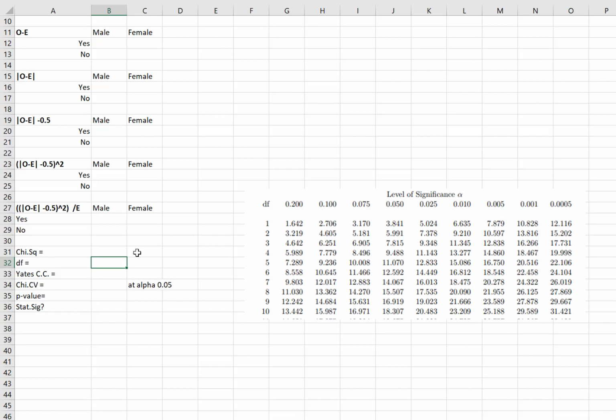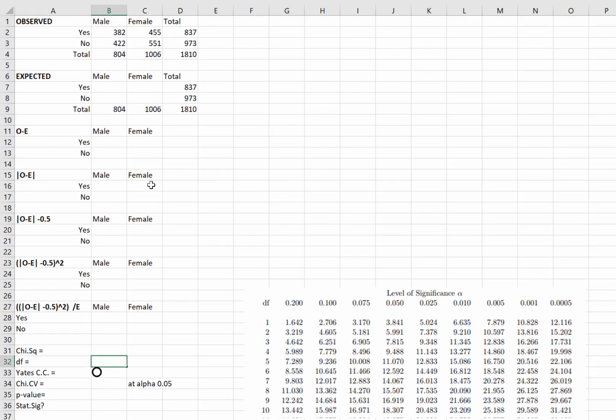So let's keep in mind that in the test for independence, the degrees of freedom are the number of rows minus 1 times the number of columns minus 1. And we already said it's a 2x2 table. We could do the math that way. But let's say this was a larger table, and I want to go ahead and get some experience doing this computationally in Excel. So I'm going to hit equals up here, and I'm going to open a parenthesis,